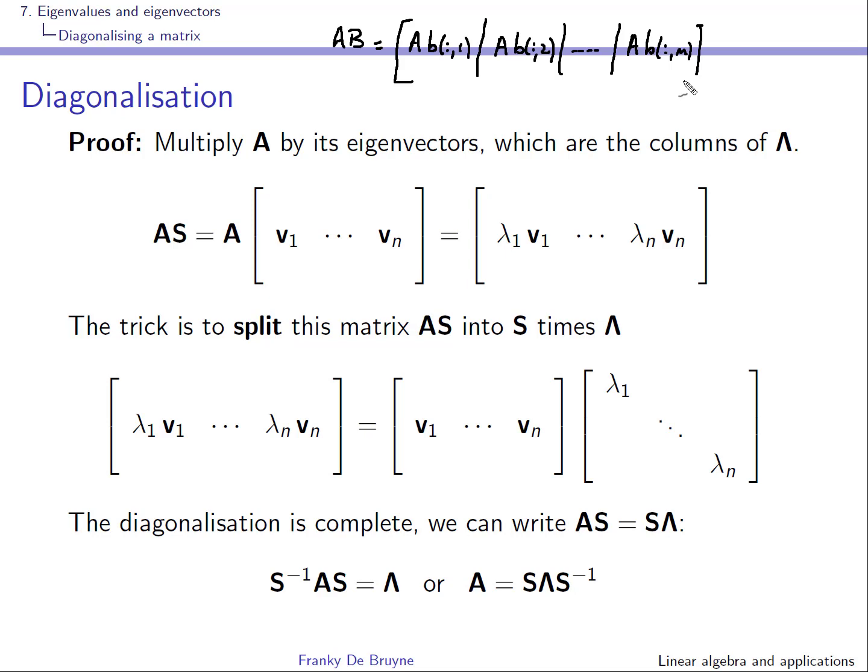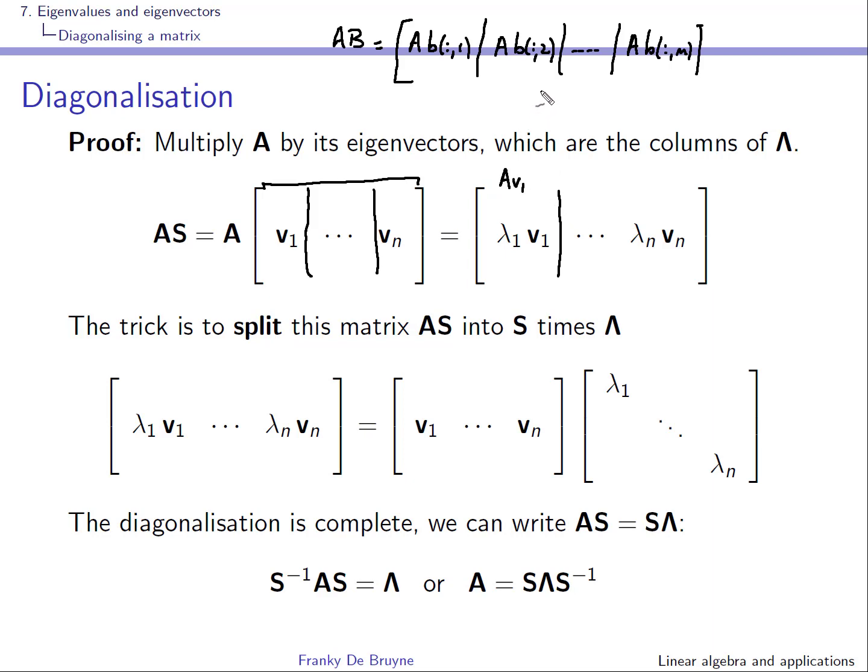Okay, so this is what we'll be using twice. So I'm looking at AS over here. S is this matrix over here, where we have stacked the eigenvectors. Okay, so I'm now using this column interpretation. So the first column will be A